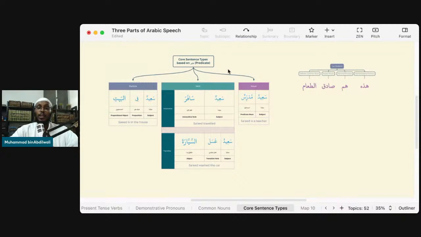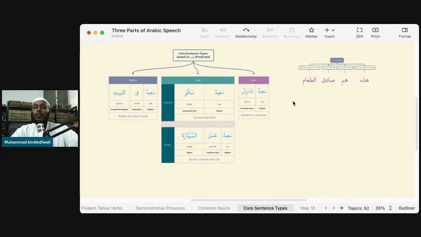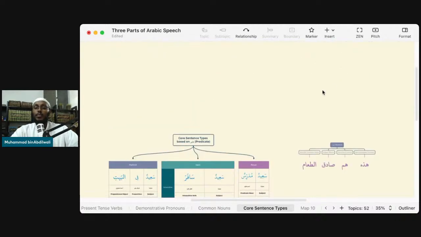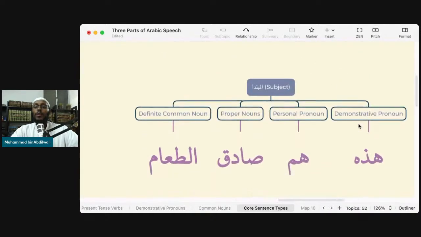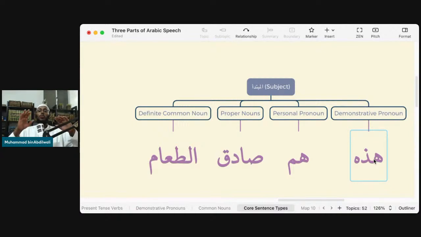Let's just talk about the mubtada. Before we even talk about the khabar, what you can say about a mubtada, let's just look at the possibilities when it comes to the mubtada. We have demonstrative pronouns. In total, we have 12. So that's basically 12 words you can start with times whatever number of words that are in the dictionary. That's how many sentences you can make. Anything, Hadi. Right now, the room that you're in, just with those demonstrative pronouns, you can probably make 50 sentences by pointing at anything in the room.